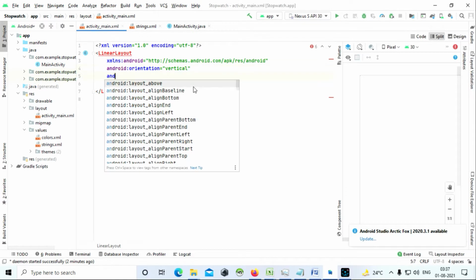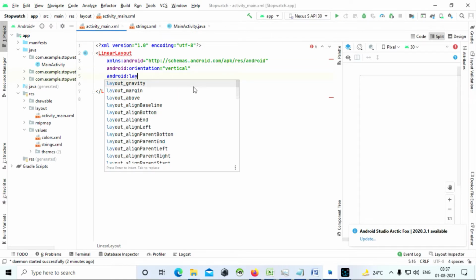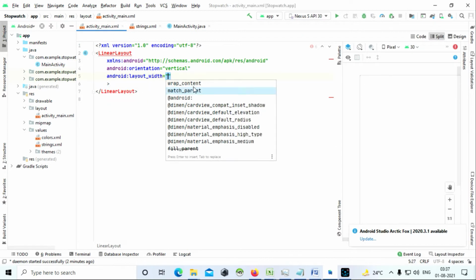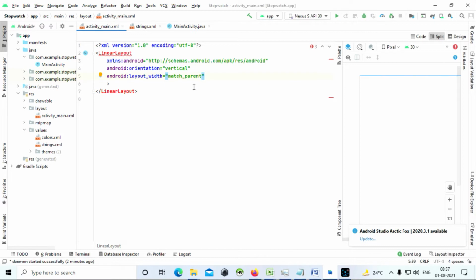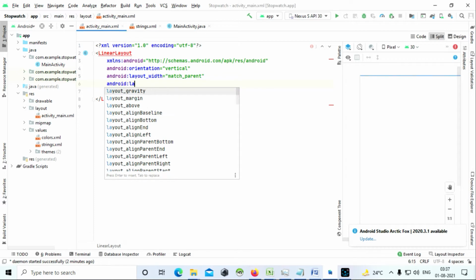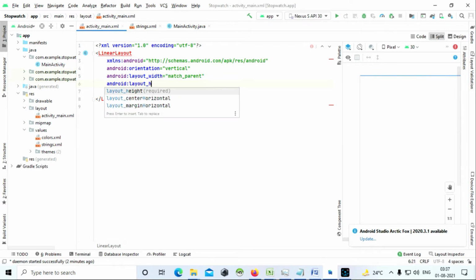Next, Android layout width. Let's say we will write it as match parent. That means it is going to take the entire screen. Android layout height. Again I'm going to write match parent. The entire height is going to be taken up.